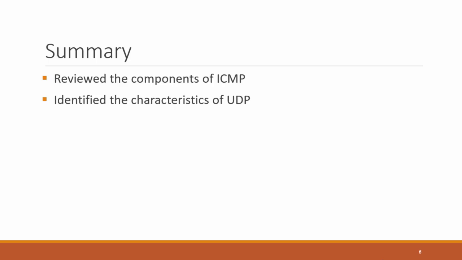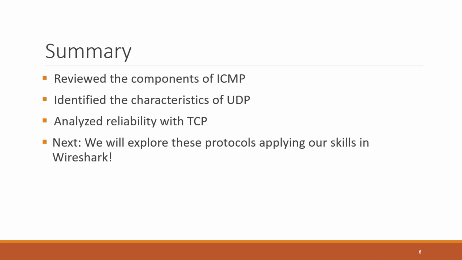In this section, we have taken a look at the workhorse protocol, ICMP. We've looked at the connectionless protocol of UDP. Remember, UDP, no guarantee of delivery, like our mail system. We closed out the session by briefly looking at the reliable and connection-oriented protocol, TCP. Remember, TCP primarily is what we're going to use when it comes to the majority of our analysis. Most of the traffic will be under the TCP protocol. Next, we will explore these protocols, applying the skills we've learned in the tool Wireshark.